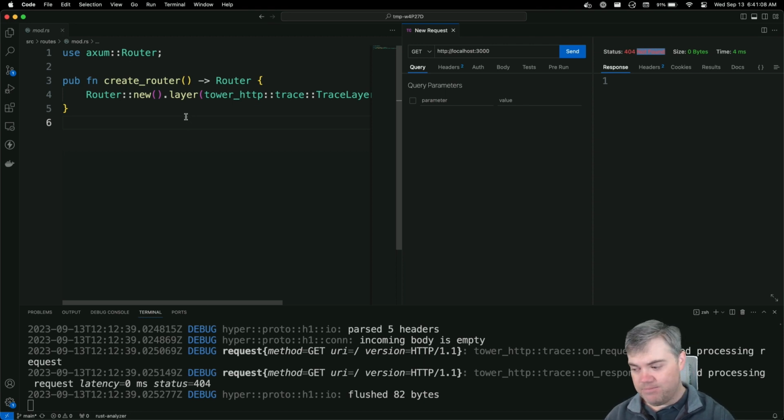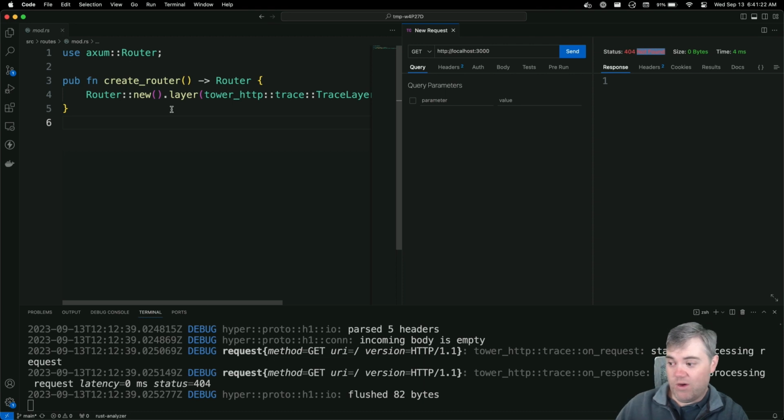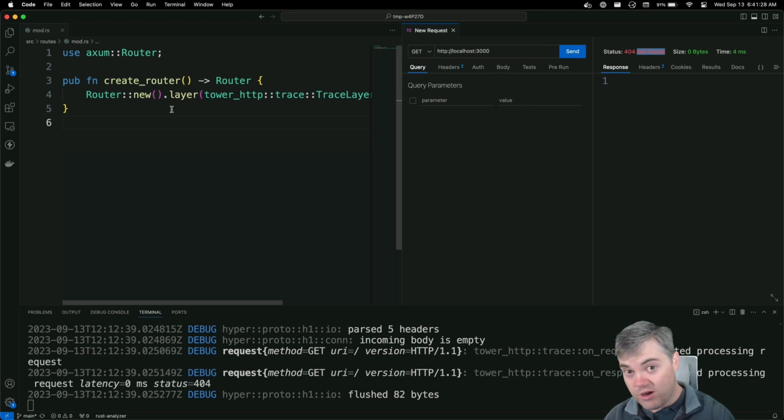And then 400 status codes if you try to deserialize JSON coming in into a Rust struct, and there's not enough something to fit. Like you want a string and it's a number, or you want something else and it just doesn't work. In that case, it would become a 400 error because it's the client's fault.